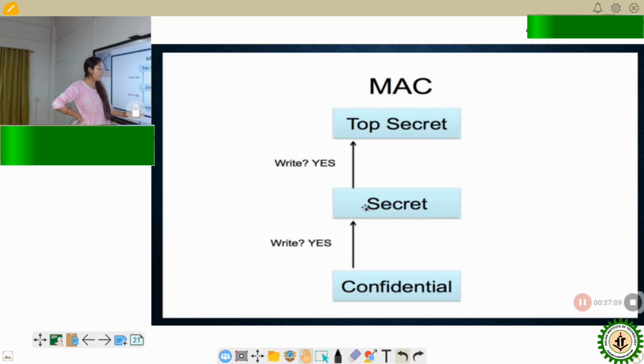So suppose you have confidential level of clearance, you have created some object, and that resource later gets classified as secret or top secret. Even though it was you who created that resource in the first place, you yourself will not be able to read or get access to that object. That is what is displayed here. You can create a higher security level resource, but you yourself cannot access it if you do not have the proper clearance for it.